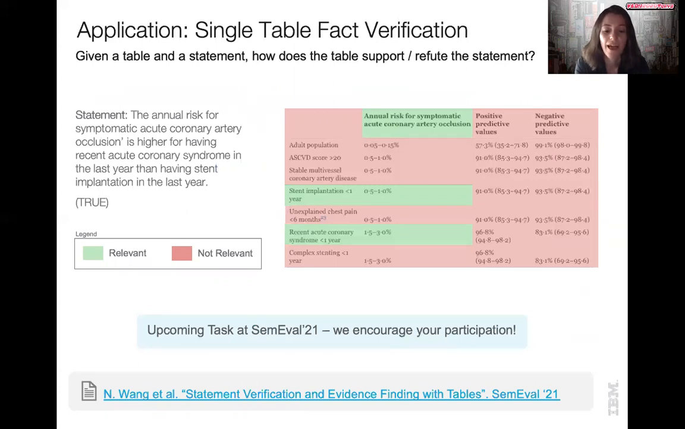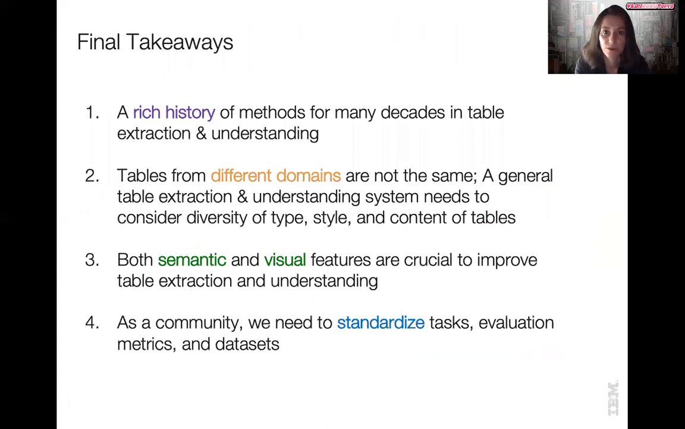We would like to leave you with some takeaways from this tutorial. First, we have presented a rich history of methods spanning decades of work in table extraction and table understanding. Although we have created a conceptual separation between table extraction and understanding, which we believe helps both comprehension and reuse, there are also approaches that do not follow the separation, but instead create a single end-to-end solution, usually for a